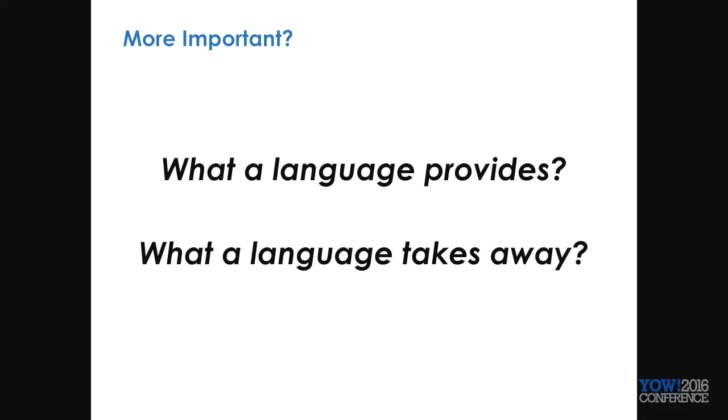If you think about it, step back for a moment, what is more important? What a language provides or what a language takes away? What have we seen with things like Go and Rust? Have they added a lot of new things, or have they restricted what we can do? In a lot of cases, they have added nice features, things that we want. But Rust especially is an example where it has said, no, you can't share between threads. No, you can't do that. It's provided isolation. So what languages take away sometimes can be just as important or maybe even more important than what they provide.